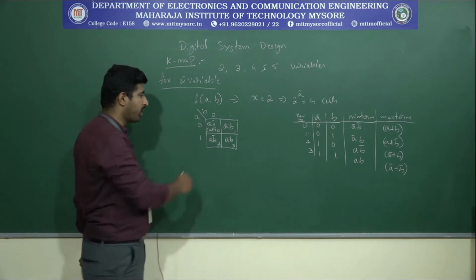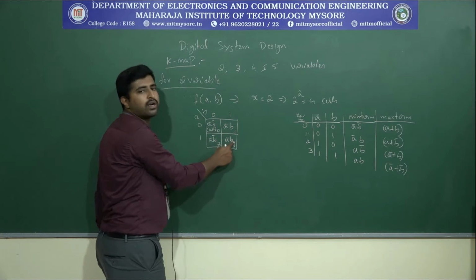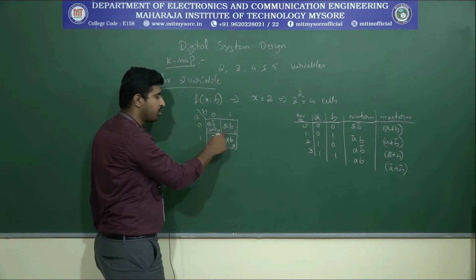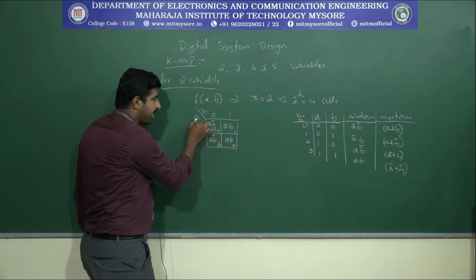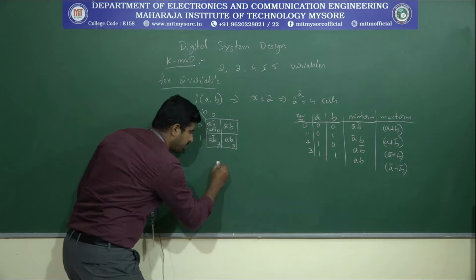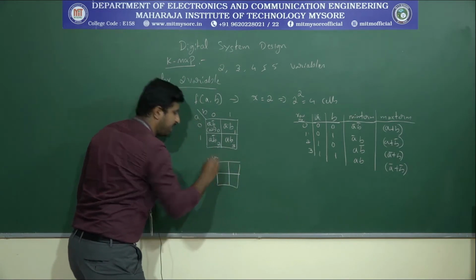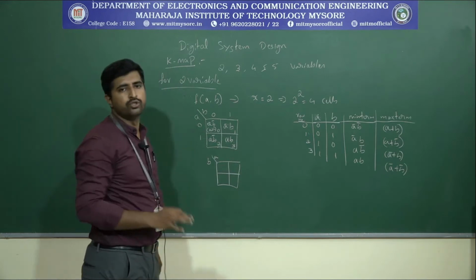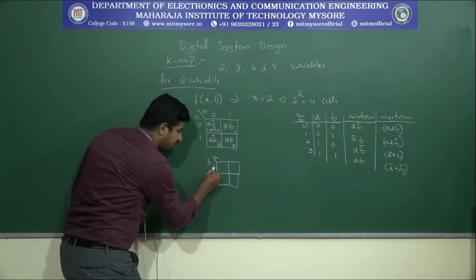According to that one, we are going to have the 4 combinations: 0 0, 0 1, 1 0, 1 1. So according to the values 0 1 2 3, can we write, I have written A here and B here, so can we write B and A? That means can we write like this, B here and A here? Yes, that also holds good. Even we can write like this also. There is no change in the meaning.